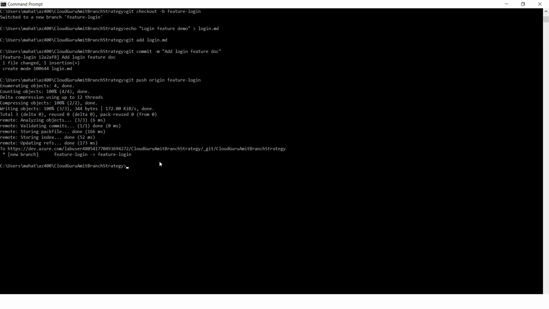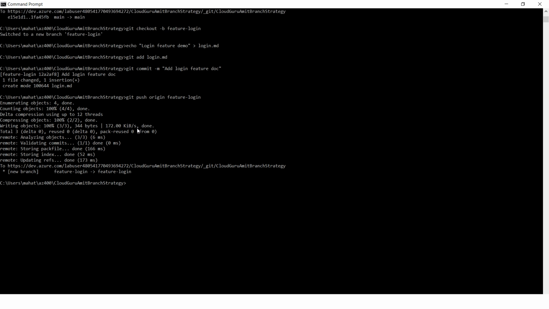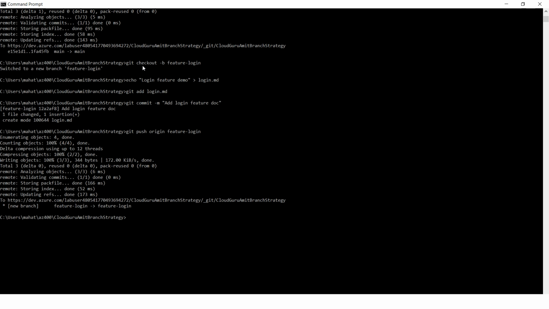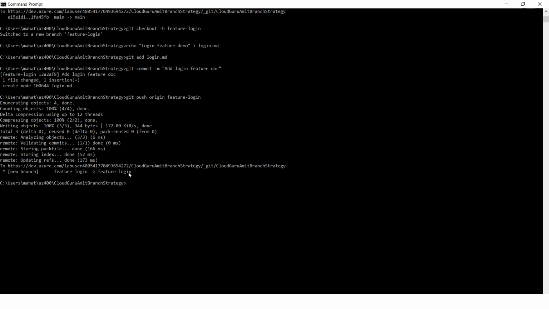So in feature branch strategy, this is all about creating a new branch. If we look in the code, git checkout -b, that is for the new branch. -b is creating a new branch, that is feature login, right? So we have basically created one